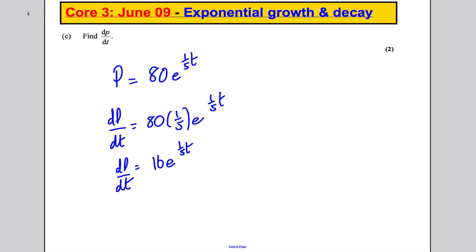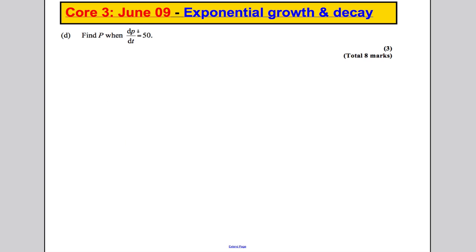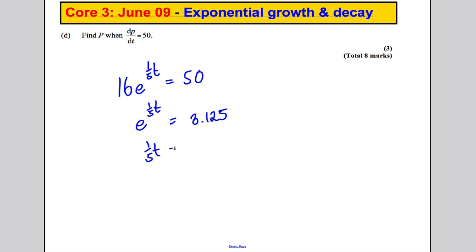dp by dt. And part D, find P when dp by dt is equal to 50. So you're solving 16e to the 5th t is equal to 50. Divide both sides by 16. So 50 divided by 16 would be 3.125. Take logs of both sides and bring the 5th t down. A 5th t would therefore be ln of 3.125, and therefore t would be equal to 5 ln 3.125,